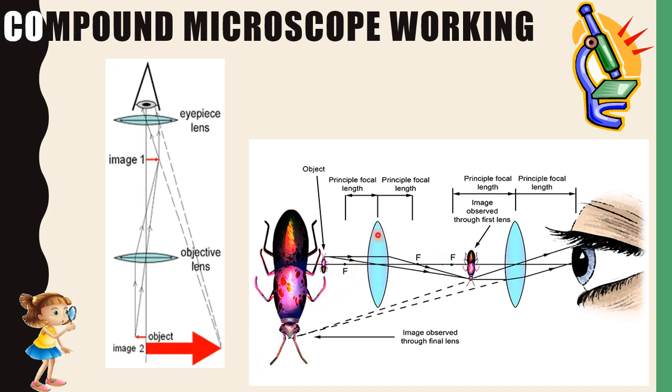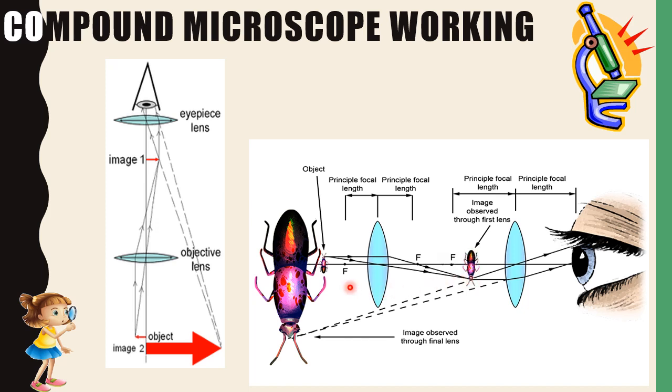This lens is the objective lens. The lens close to the eye is the eyepiece. We are viewing from here. There is an insect here, which is placed beyond the focus of the objective. See how the ray diagram comes. A ray starting from the insect parallel to the principal axis after refraction passes through the focus and reaches here. Another ray starting from the insect directed towards the optic center without any deviation moves ahead and converges here. The two refracted rays meet over here and we get an inverted image.